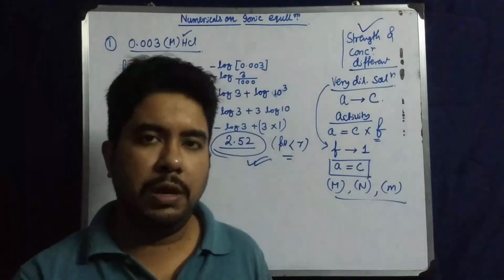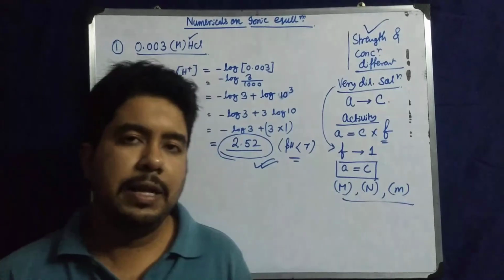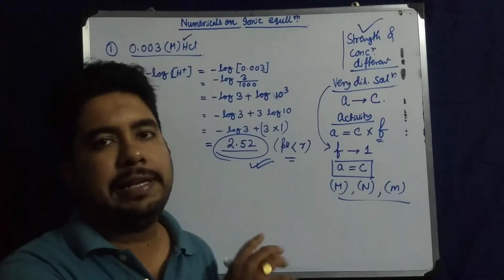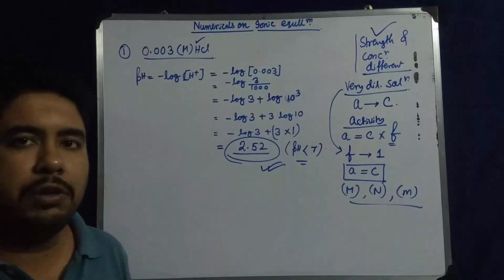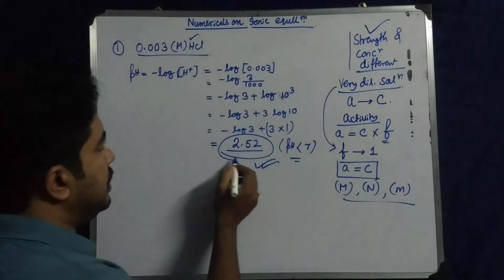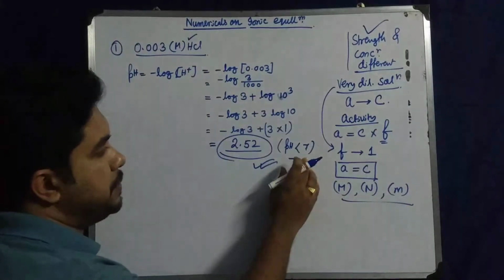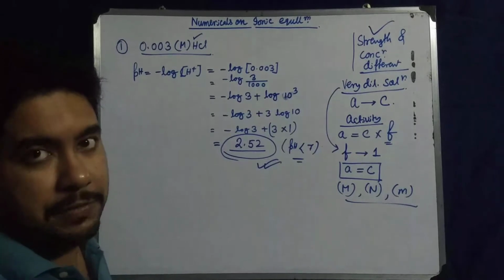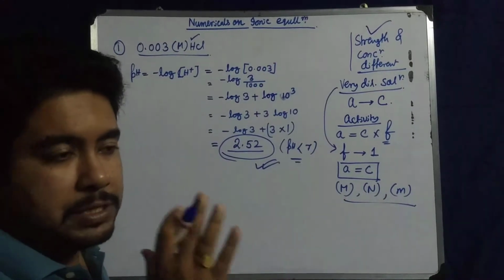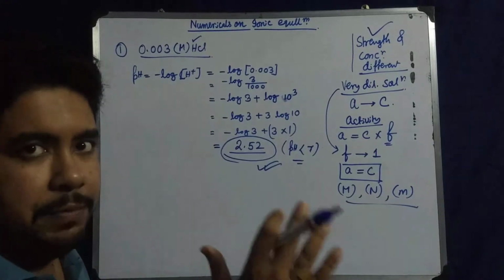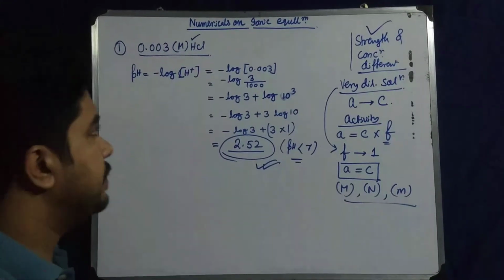As I told you during our discussion of the chapter, the first thing you will know is whether you are doing the right calculation or not. Second thing you will observe is that if it is an acidic solution, the pH must be less than 7, and if it is a basic solution, it must be more than 7. You must stick to these 2 points, whether below 7 or more than 7.